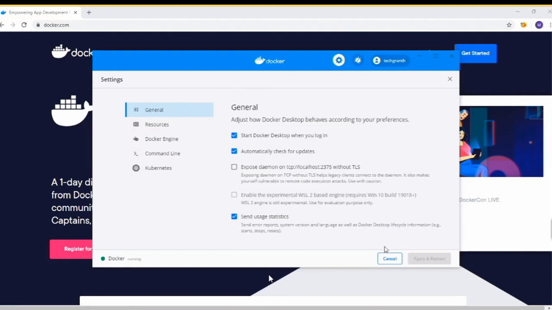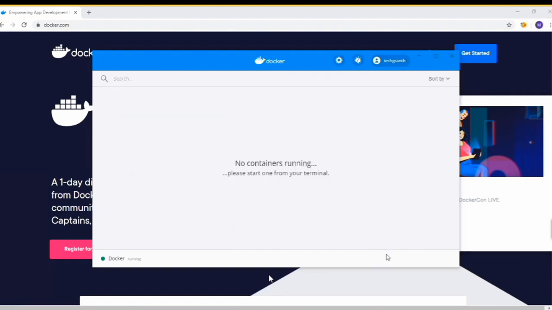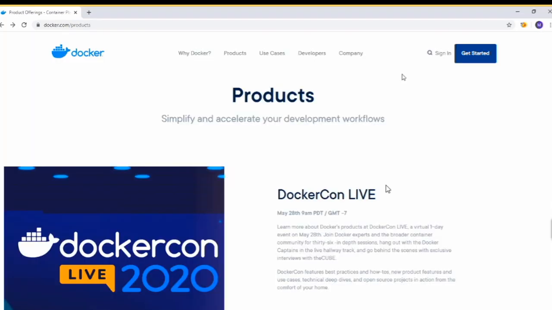Okay, just for now, let's cancel this web UI, those login options and setting options. We can sort our containers, right? We can sort by name, by image, then by origin, project, service type, started time, and even by status as well. But right now we do not have any containers running, so we would not be able to sort those. I will show you those in our future videos where we will have multiple containers running.